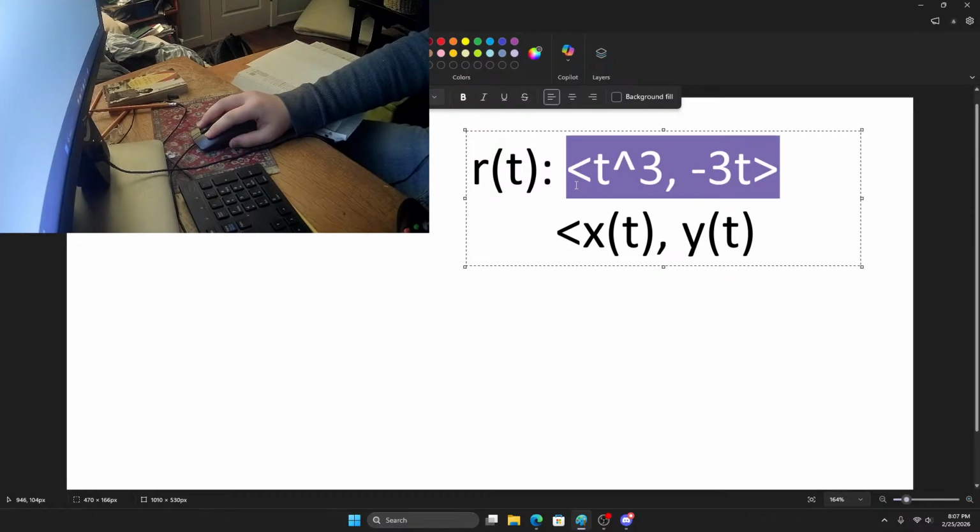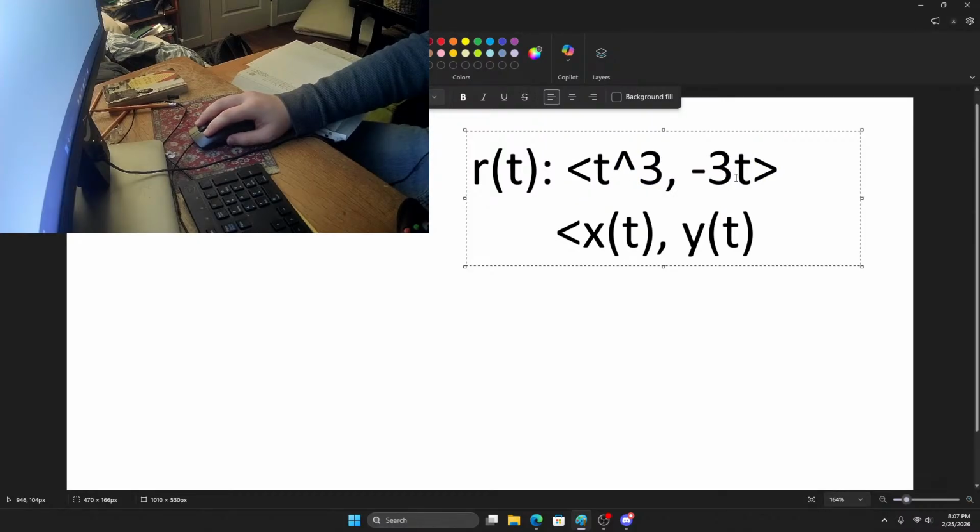So this points to a coordinate plane, but they're both separate functions. So you'll be given the value of a function, and you'll find 2 points on a coordinate plane. So for example, if this was r of t,